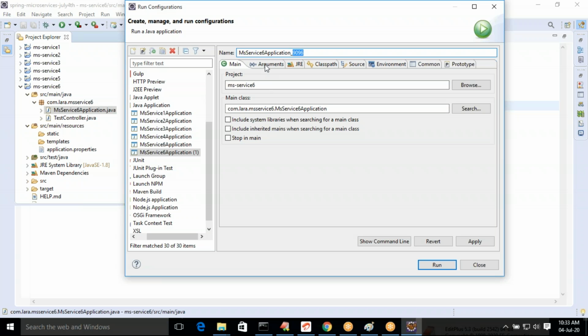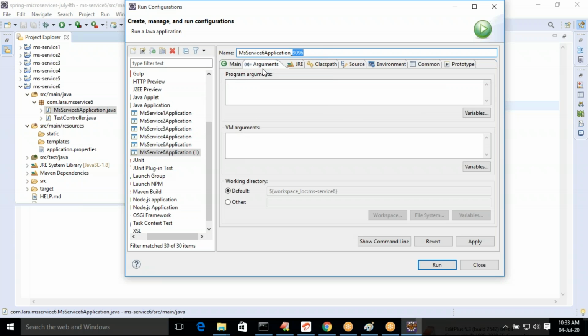You need to supply an argument. Click on Arguments, go to VM arguments, hyphen capital D, server.port is equal to 9096.